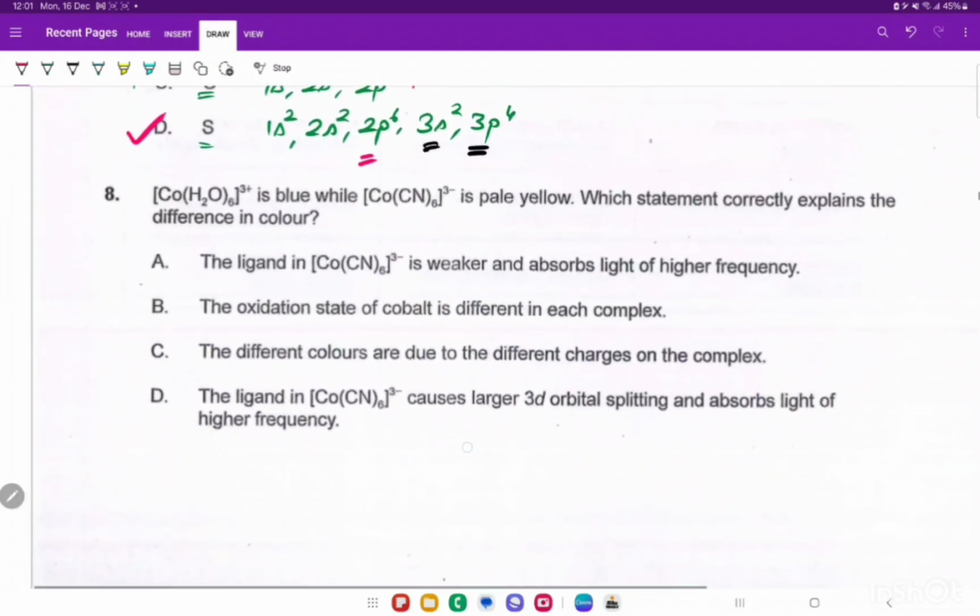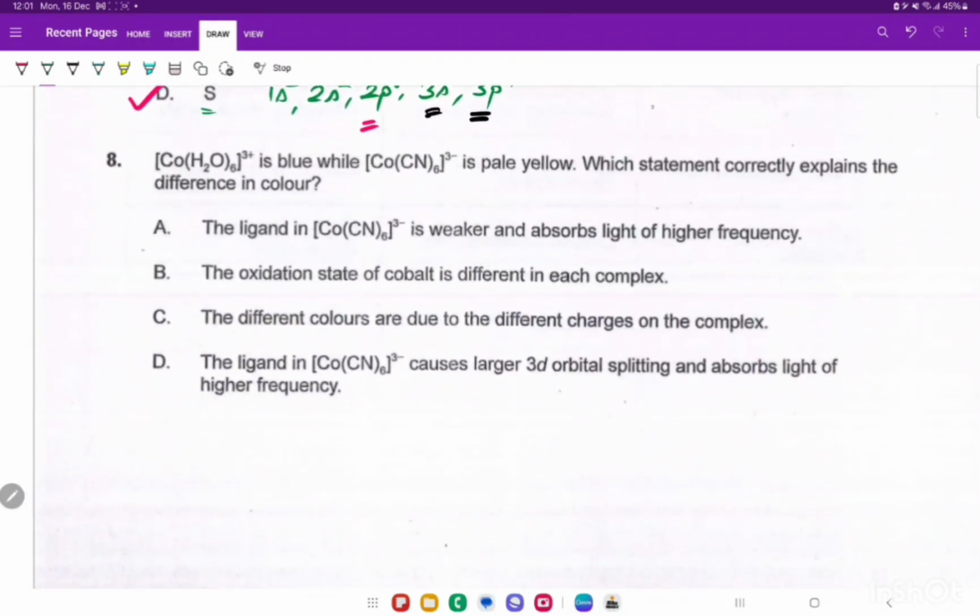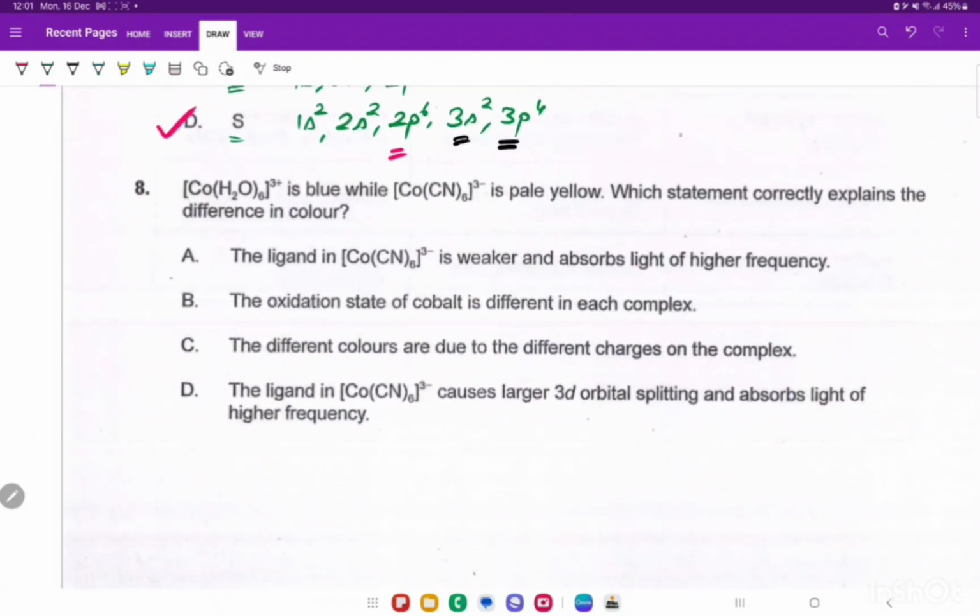Okay. Now the 8th question. Question 8 says: hexaaquacobalt(III). The name of this compound is hexaaquacobalt. Aqua is for water, cobalt 3, and this is an ion. Hexa is for 6. It is blue in color,